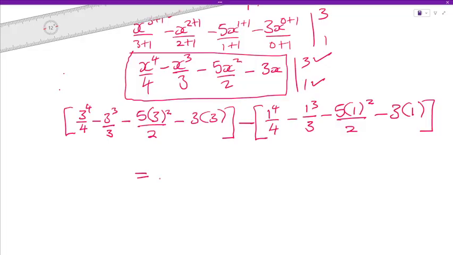I confirm that I've punched the correct values. So I have upper limit 3, lower limit 1, x to the power 4 over 4 minus x to the power 3 over 3 minus 5x squared over 2 minus 3x equals,